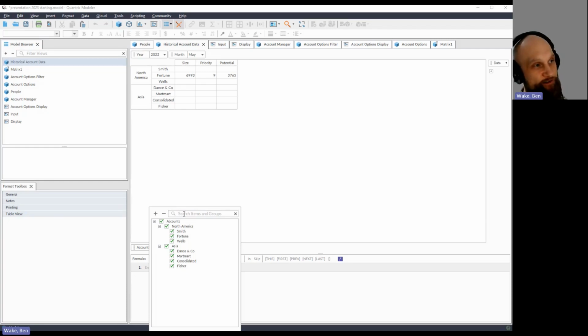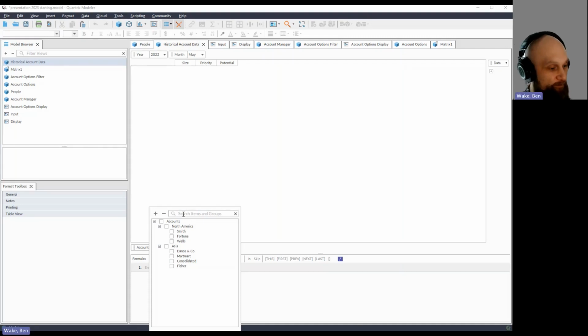If I only want to see consolidated, obviously I can unselect everything and select consolidated. Great. The problem is that if consolidated is one of a large number of things, and I want to search down to consolidated and only see consolidated, a temptation might be to start with search. And what I would encourage you to do is get in the habit of always saying, turn everything off and then search, and then choose consolidated. Because if you don't do that, what will happen